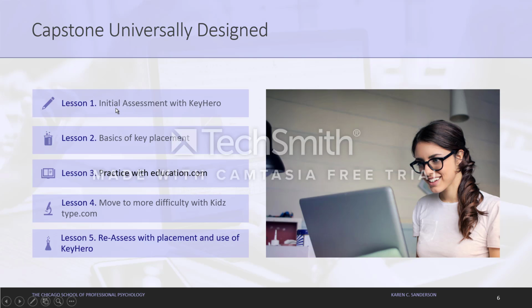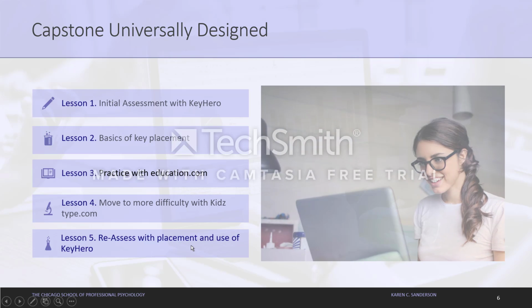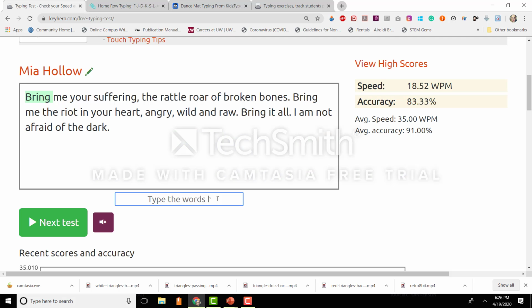The reason why you want to initially assess with Key Hero is because you want a starting point that you can measure your progress. Therefore, you want to start and use these in direct order. So we would type